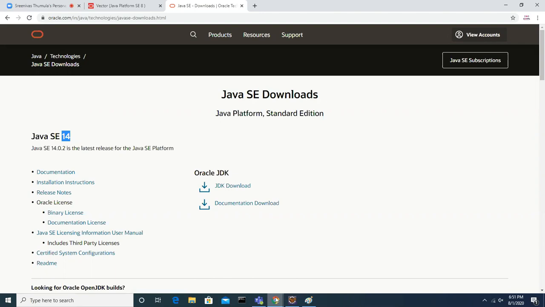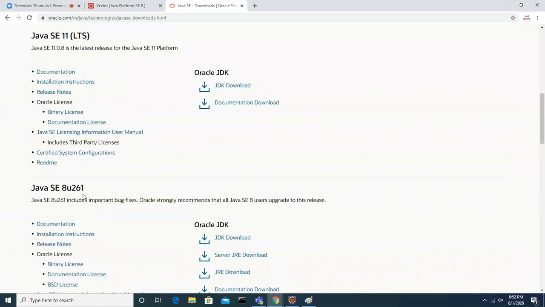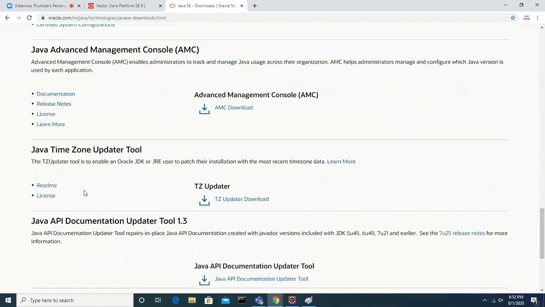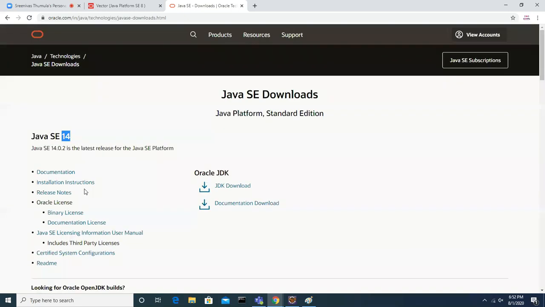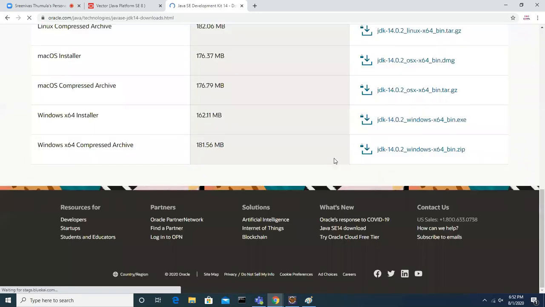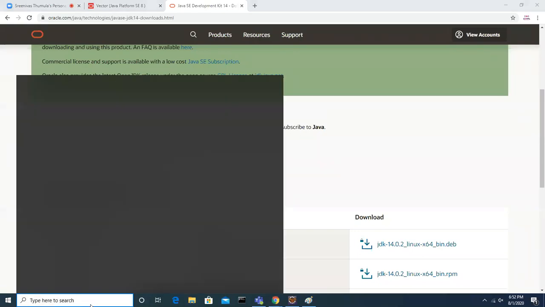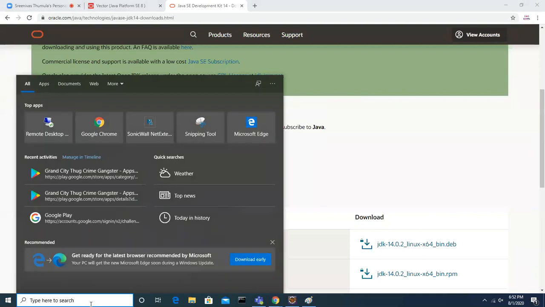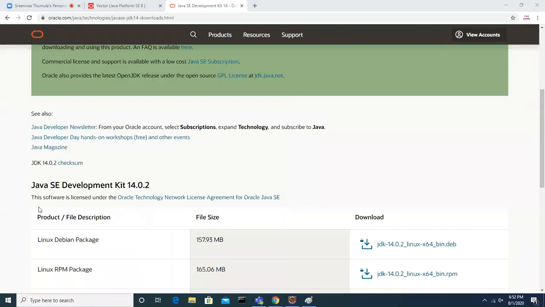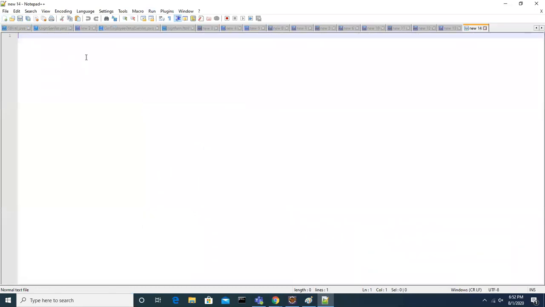Now I already explained, right? What is the difference between one version and another version? Generally, version to version, new features are added to the compiler, JVM, and the classes. Because when you download JDK, what do you get?